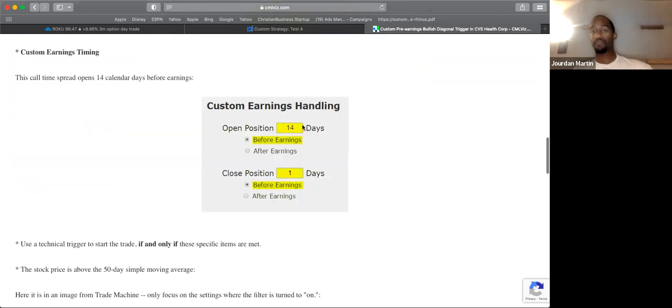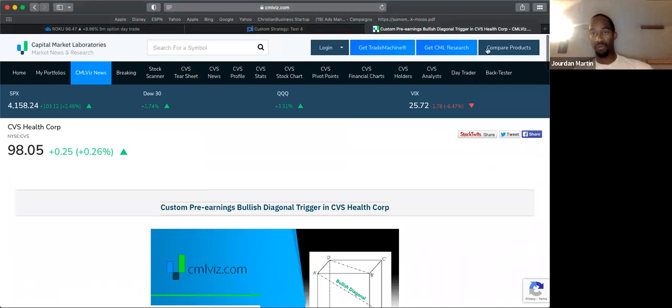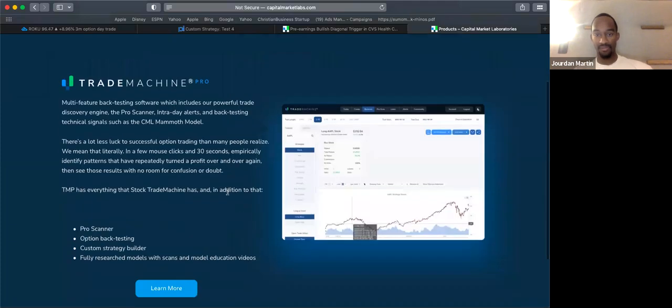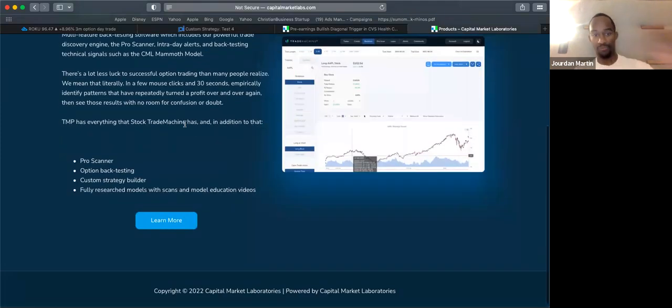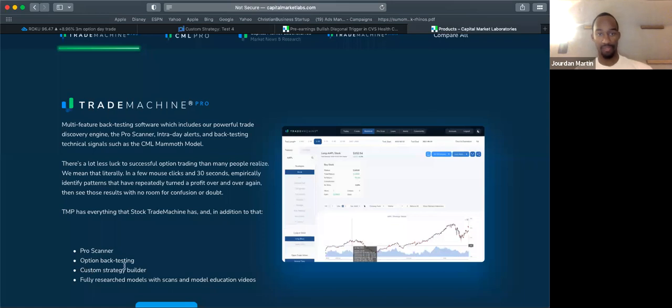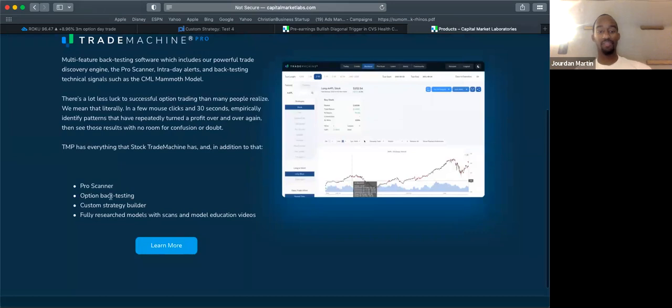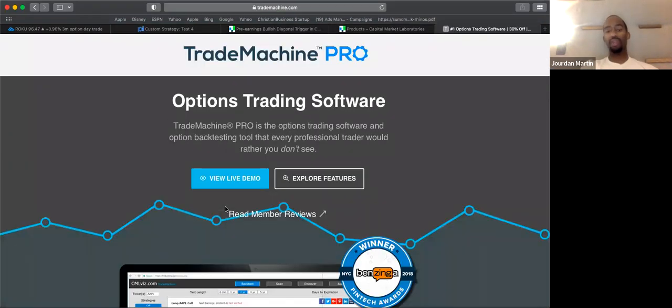In this site, you can run a bunch of tests. So I'm gonna go ahead and pull this up so we can just look at it. They have a bunch of different things here. And I believe Trade Machine is the one they use for just stock back test. Oh, sorry, option back test. There we go. Trade Machine Pro. This is Trade Machine stock. The Trade Machine Pro is where you can actually do option back testing. They're saying, if I bought this option, this delta, this theta, whatever the case is, right? You can build that out, and you can see